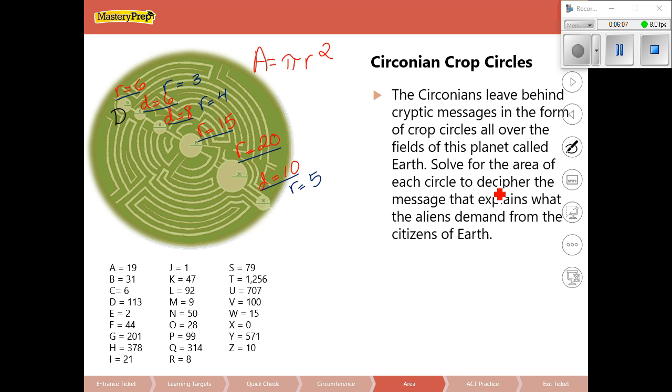Because the next one we can look at is when the radius is 3. Because we can say 3 squared times pi. Well, 3 squared is going to be 9 times pi. 9 pi is going to be 28.27, which approximately would be 28. And if I look at this here, that corresponds with,